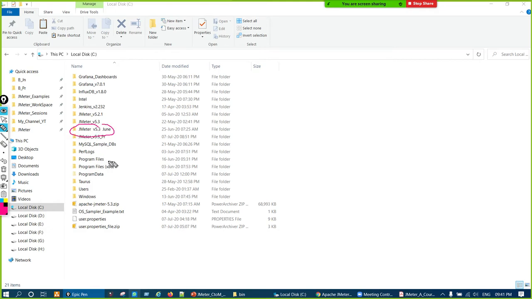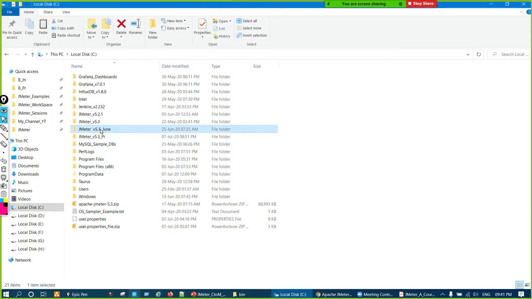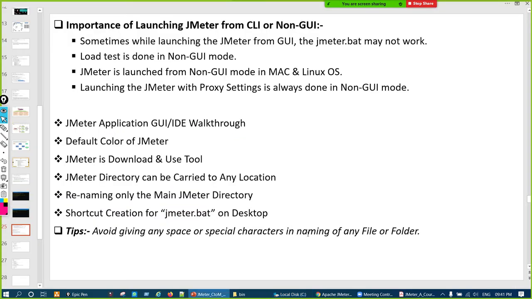So never rename any file or folder with a space in it. If you want a space, you can give an underscore, to make it look beautiful if you want. And in company environments also this is generally the practice, right? So keep it as a good habit. Basically from the JMeter point of view, it's required.